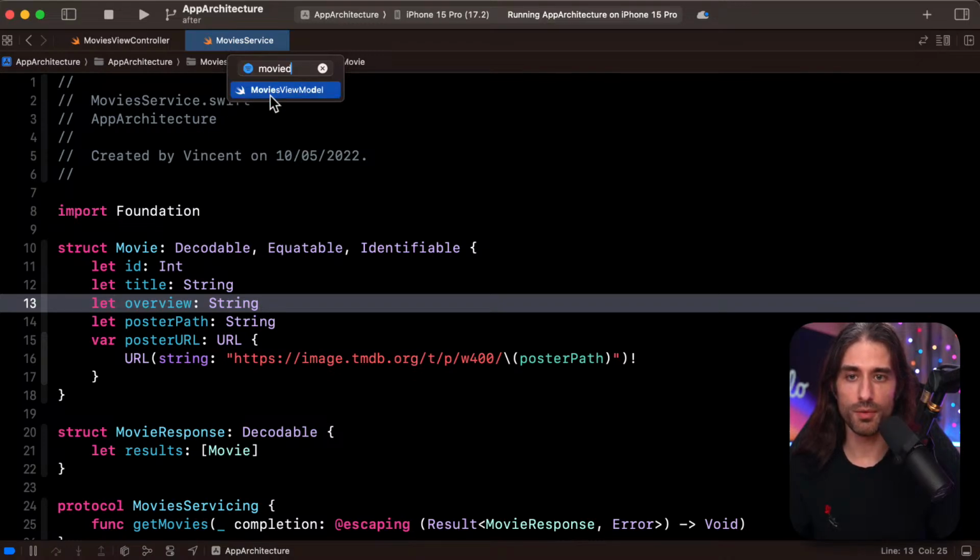Oh, look. For movies view model, it did fuzzy search because I wrote movie D, and it found movie and then view model with a D. So actually, sometimes it works, but for others, like just MC, it didn't work, and MOC, no. MV, okay. I guess here it expected maybe three characters, so there might be some rules to this fuzzy search that I'm not aware of, but it does exist.